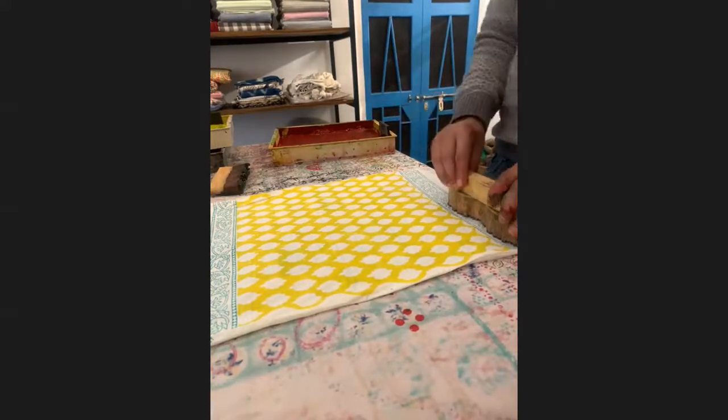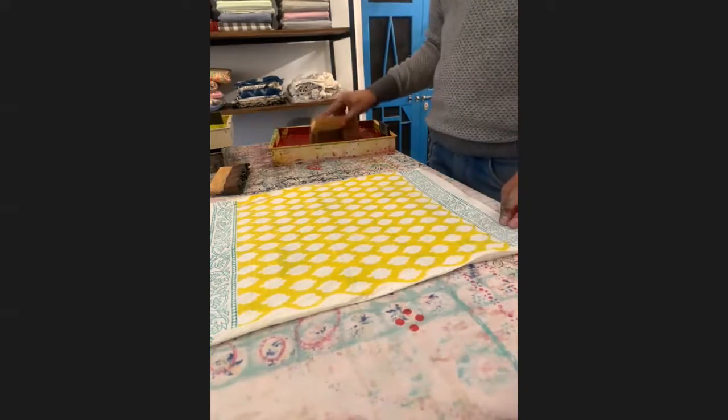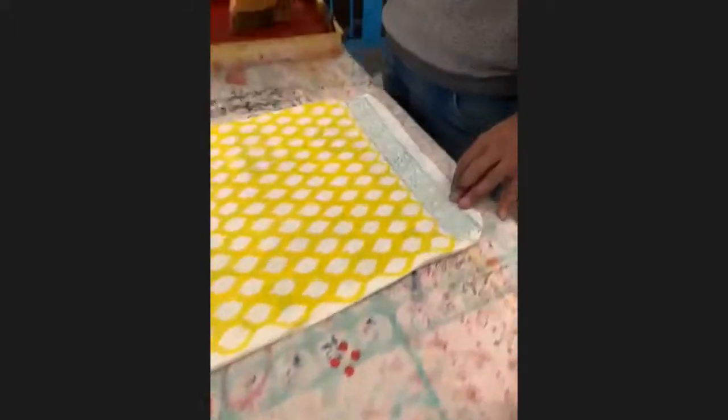So this border is also part of a set. So you'll be able to see how we